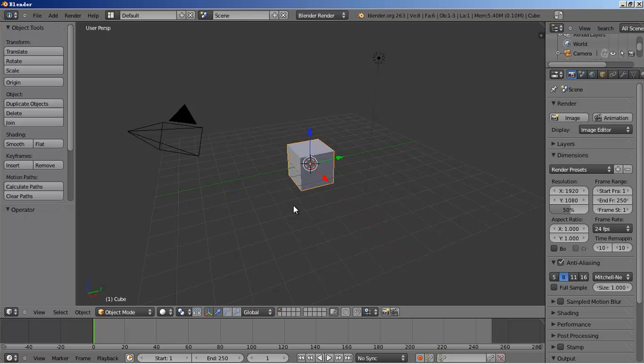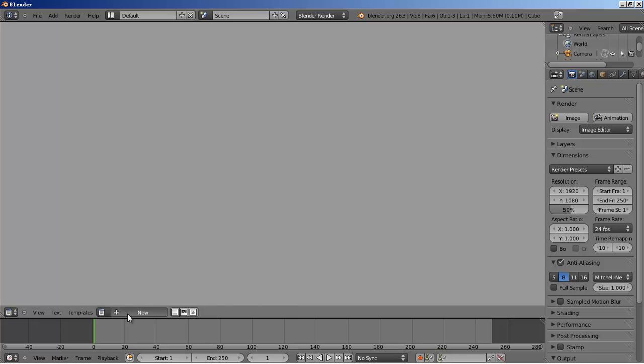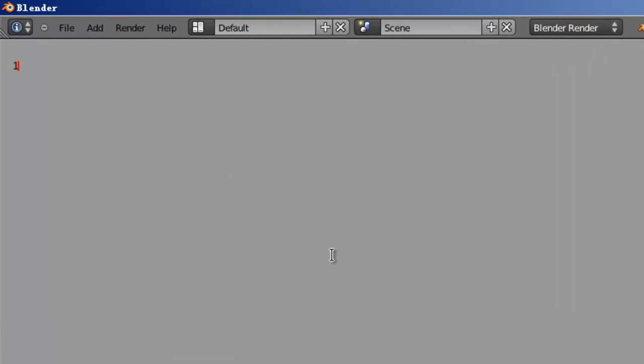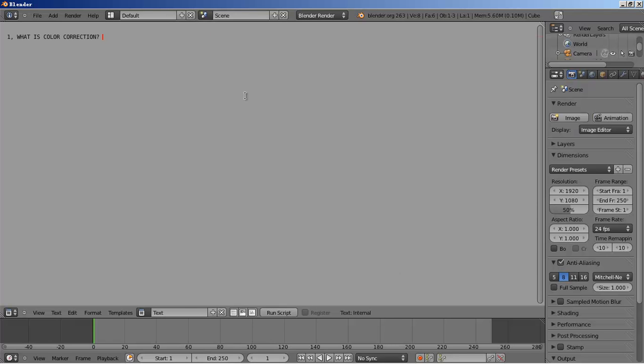I hope you can learn some tips from this tutorial. So first, let's get the outline. So what is color correction? Color correction can be used in both 3D, which is CG animation, but also can be used for real shot